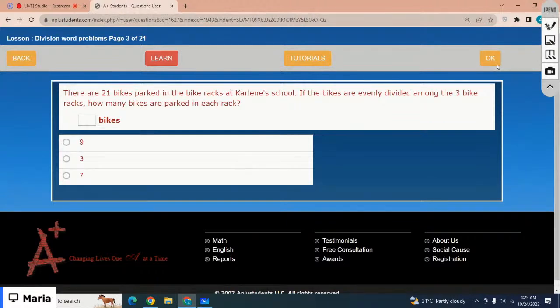There are 21 bikes parked in the bike rack at Caroline's school. If the bikes are evenly divided among 3 bike racks, how many bikes are parked in each rack? So, which is the correct option? There are 21 bikes. You have to divide them into 3 racks. So, 21 divided by 3 is